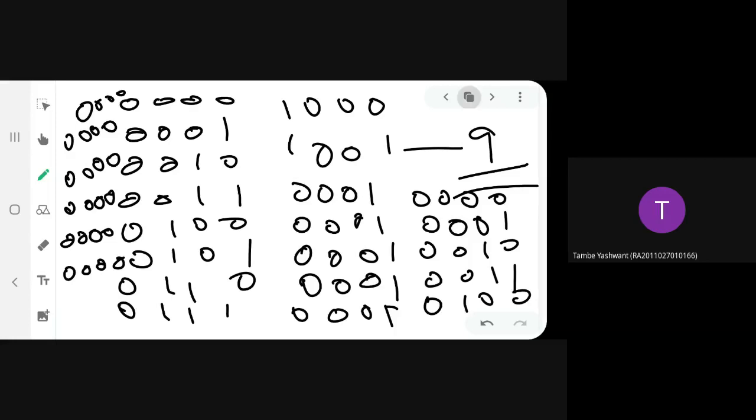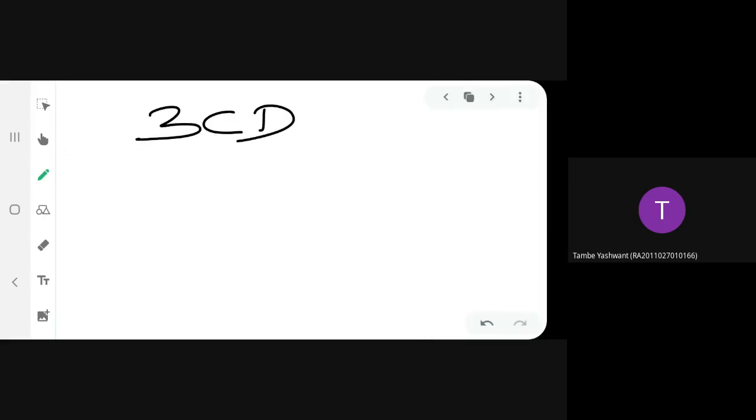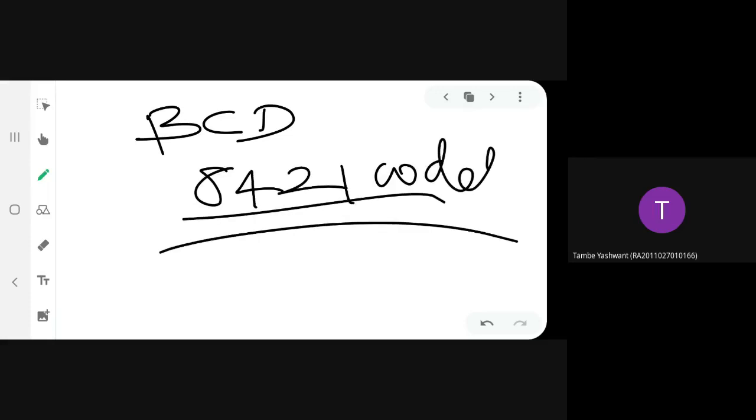So this is called as what number? BCD, that is binary coded decimal, also called 8421 code. So what you are trying to do in a BCD number? You are handling binary digits in groups of 4. So this code is also called 8421 or binary coded decimal. From 0 to 9, it will be 0 0 0 0 0 0 0 0. After 9, it will be 0 0 0 1 0 0 0 0. And after that 9 groupings, it will be 0 0 1 1, I think so. So this is called as what number?